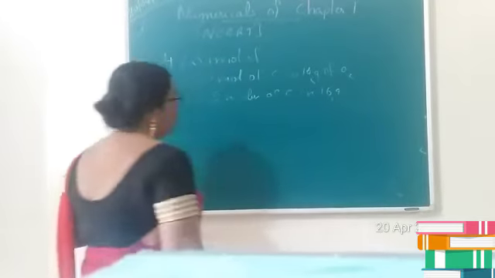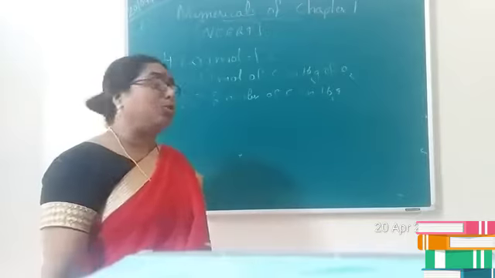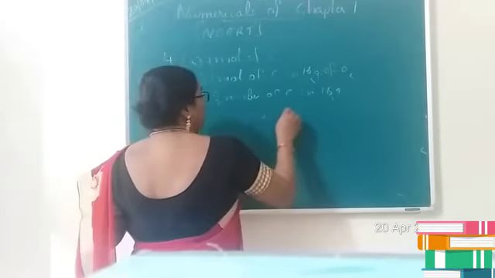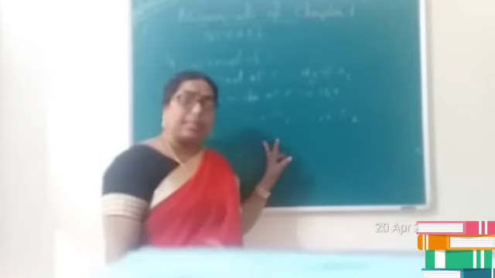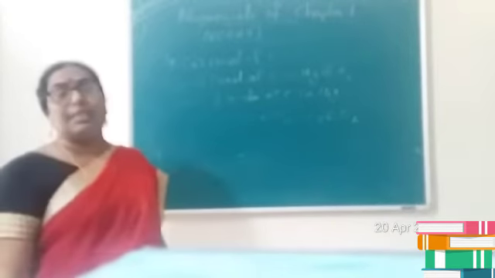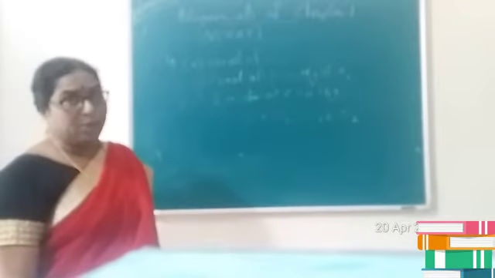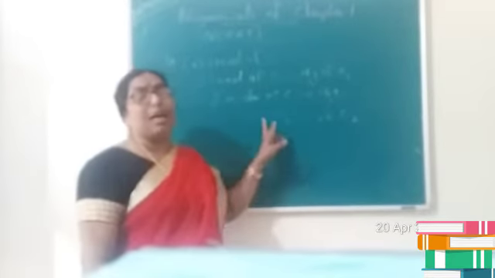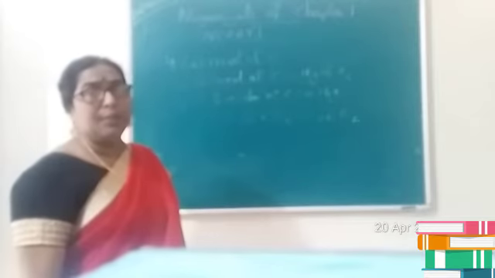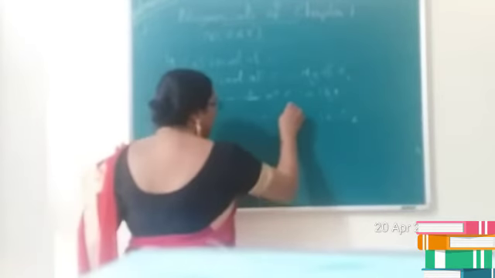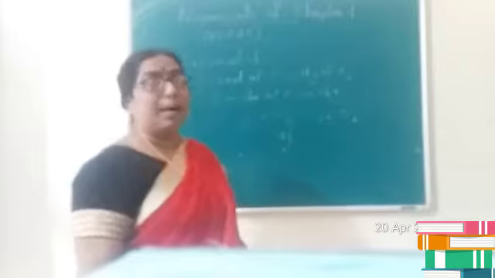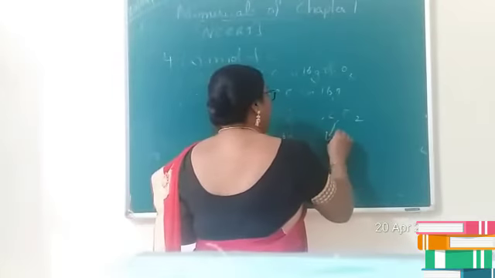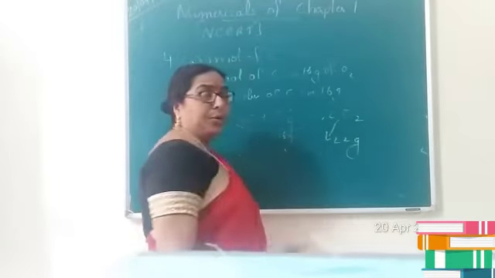It's mentioned that 1 mole of carbon is burned in 16 grams of oxygen. Children, let me know, is this condition possible? You know that 1 mole of carbon, that is 12 grams of carbon, needs 32 grams of oxygen, then only you will get 1 mole of carbon dioxide. So is it possible for 1 mole of carbon to react with 16 grams of oxygen? No. If you have only 16 grams of oxygen, obviously only half the amount of carbon will react, and you will get half the amount of carbon dioxide. That means the amount of carbon dioxide produced will be equal to 22 grams.